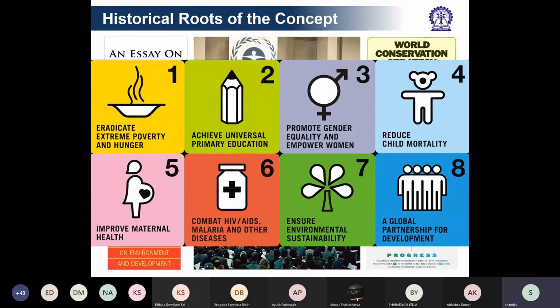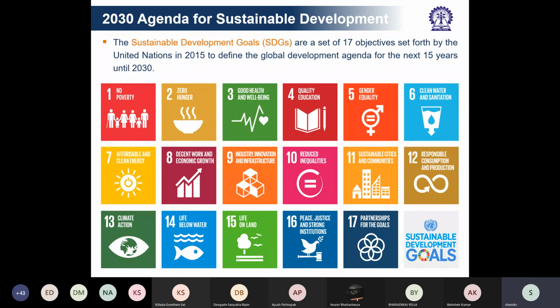So every member nation at the time committed to play a part in helping achieve the goals by the year 2015. Now, during that time, progress was not uniform across the world, with some countries making a big stride and others making little to no progress across the 8 goals. Of course, it is also debatable to what extent the creation of the MDGs themselves led to the progress that was seen. So, in 2015, to continue spurring global collaboration towards a better world, the United Nations revamped